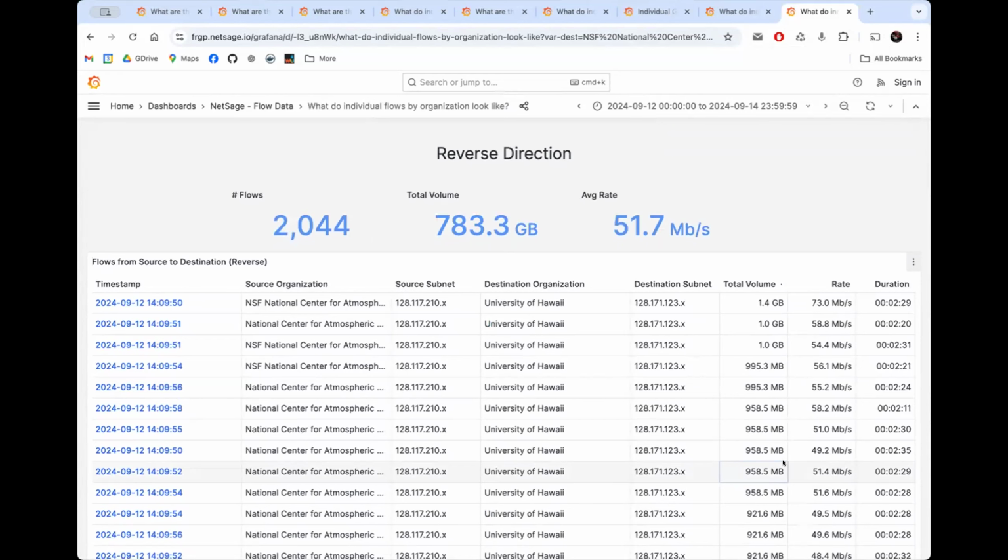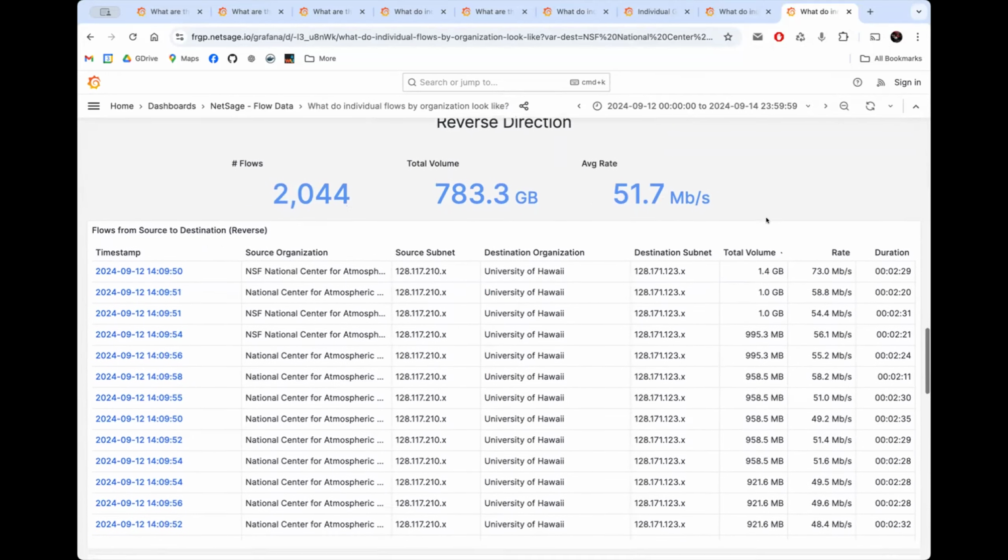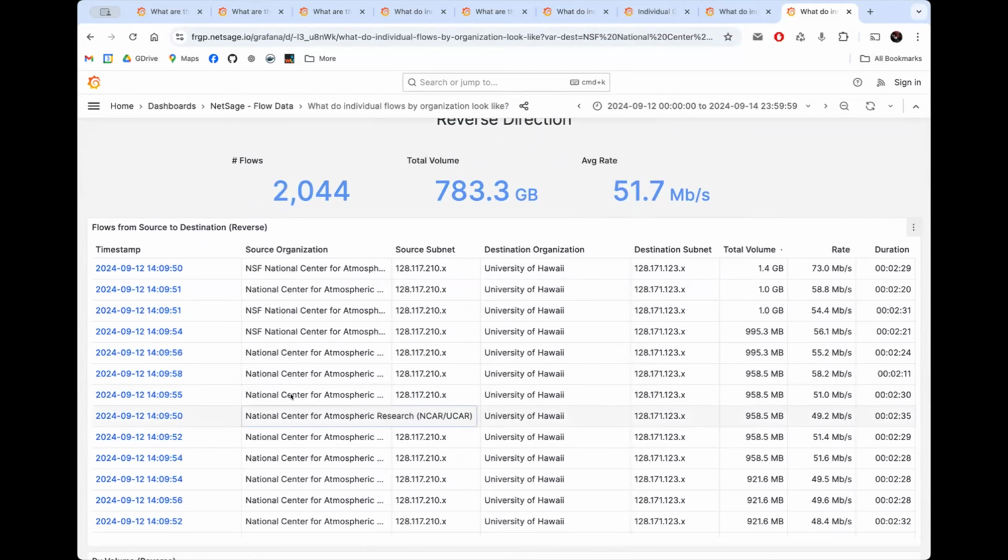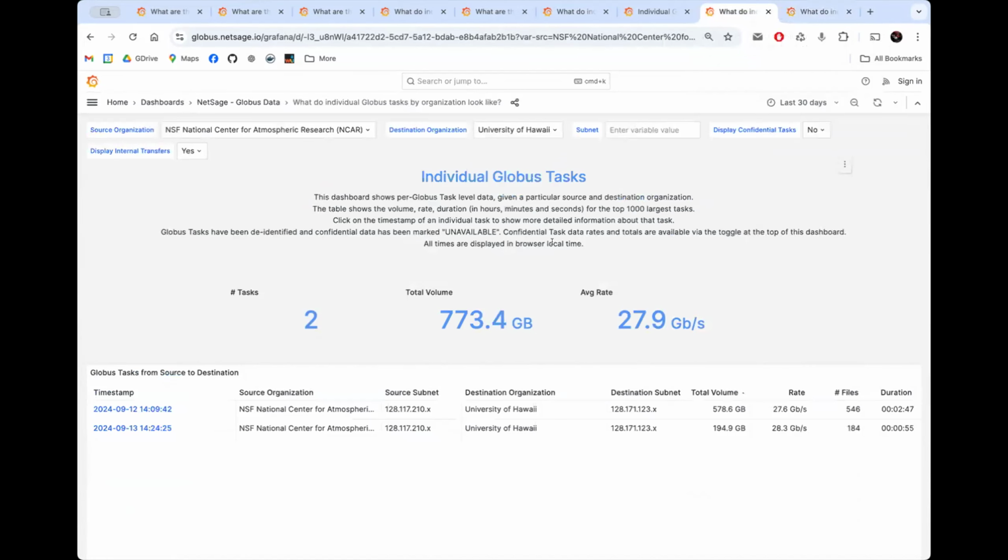Okay, so here's what we used to see with the older NetSage. Some transfers between NCAR and the University of Hawaii, right? And there's just many, many flows that are getting 60 megabits per second, and each flow is about a gig. But in comparing that, I put in the same time range in the new Globus logs, and